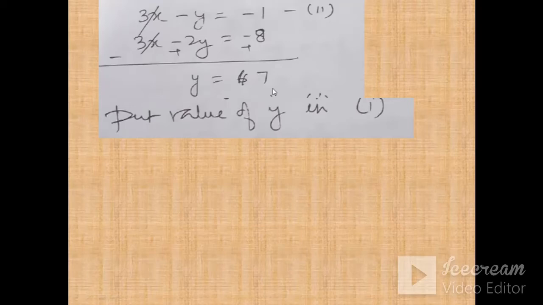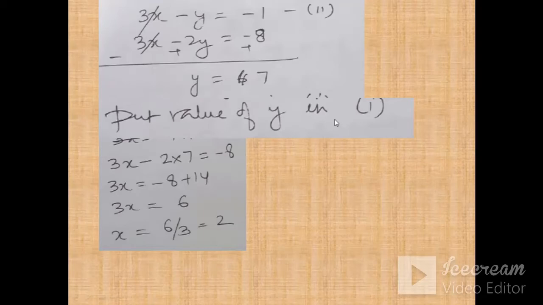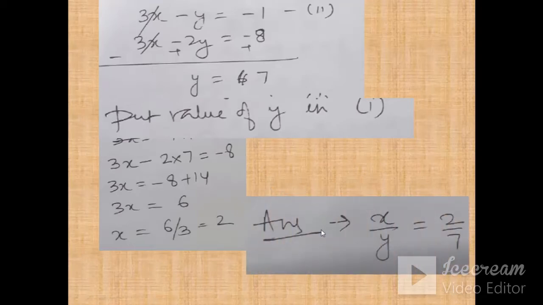Now we will put these two equations together. Since the coefficient of x is the same in both with the same sign, we are going to subtract these two equations. So what will you get? You will get y is equal to 7. Next we will put the value of y in the first equation, that is 3x minus 2y is equal to minus 8. So from here you will get 3x equal to minus 8 plus 14, and 3x is 6. So what is x? 6 by 3, that is 2. So our answer is, the fraction that we need is 2 upon 7.